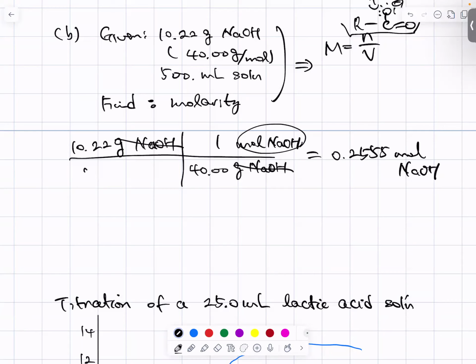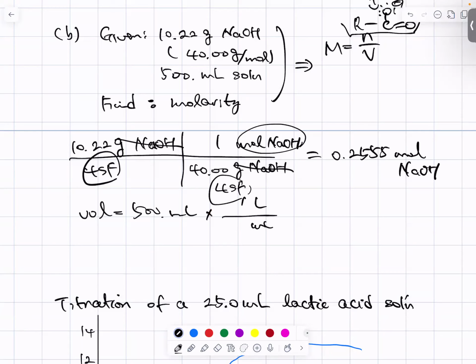Okay, so this one has 4 sig figs, and this number also has 4 sig figs, and 1 is a definition, an infinite number of sig figs there. So we need to write at least 4 sig figs. And think about the volume. This is 500 ml. So let's convert 500 ml into liters. So ml on the bottom and liter on top. 1 liter is 1000 ml by definition of the number prefixes. So this is